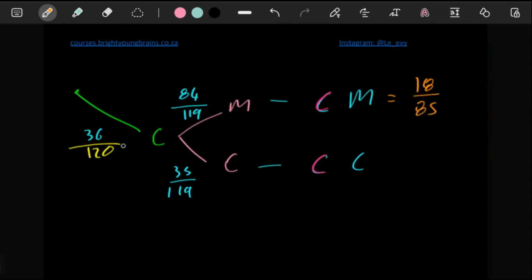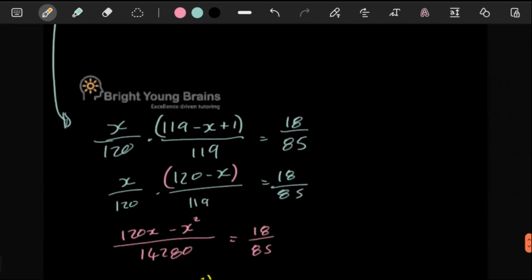And then here, this multiplied by this, what does it give us? Because cheese and cheese again, the probability of that is going to be this times this, right? Which is, let's see here, 85 at the top. And then what are we going to get? This is like 3 over 34. So the probability that the first